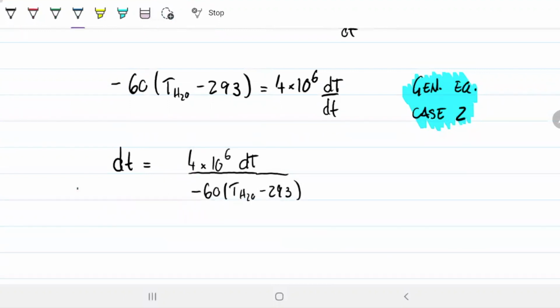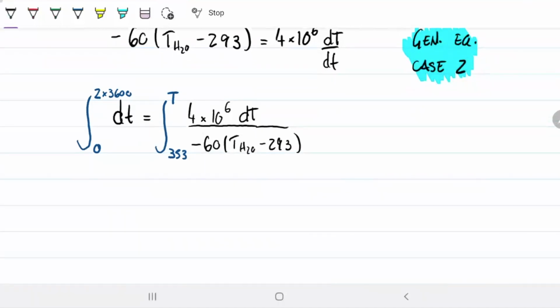On this side here, I'm going from 0 to 2 times 3,600 seconds. And on this side here, I'm going from 353, which is the temperature when our power is cut off, all the way to a temperature that I don't know, which is what I'm interested in. Once again, on this side, I'll just have 2 times 3,600 equals, once again, these guys